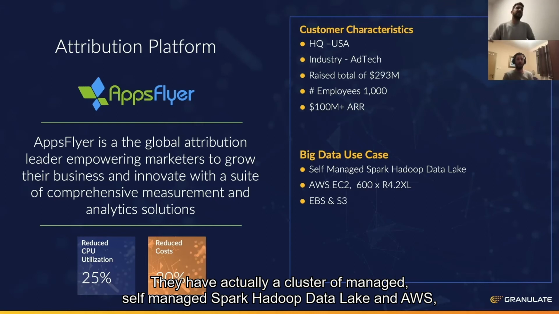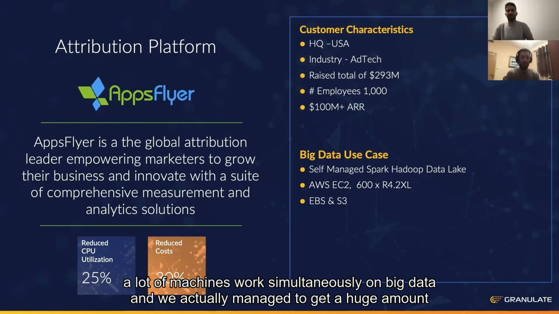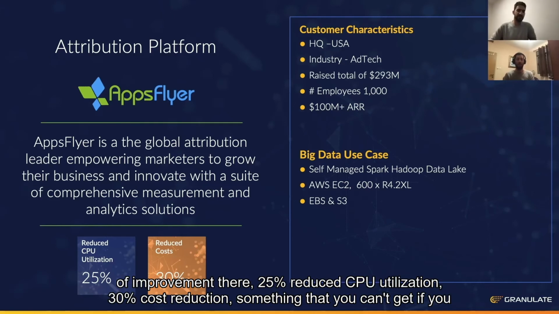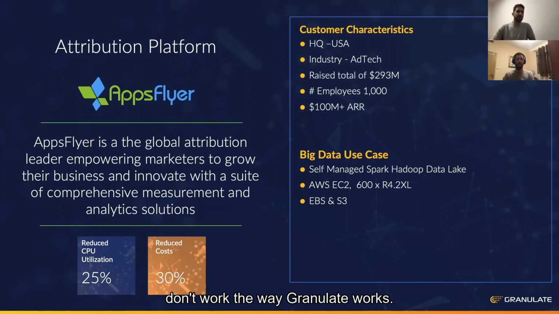They have actually a cluster of self-managed Spark Hadoop data lake. In the AWS, a lot of machines work simultaneously on big data. And we actually managed to get a huge amount of improvement there. 25% reduced CPU utilization, 30% cost reduction, something that you can't get if you don't work the way Granulate works